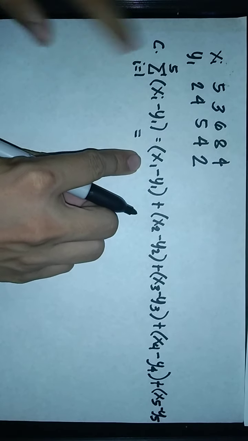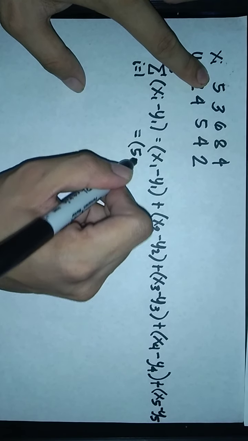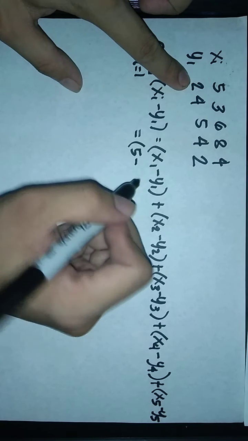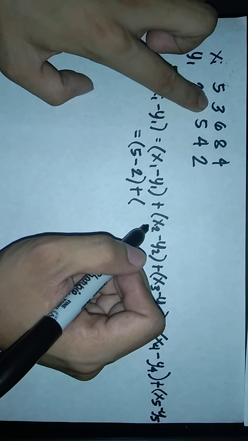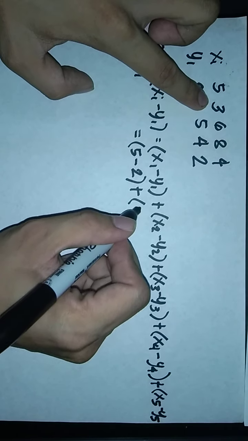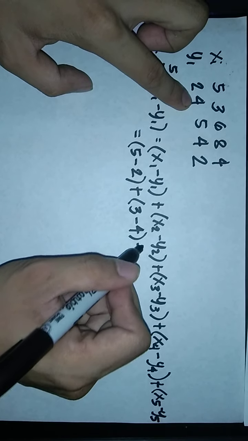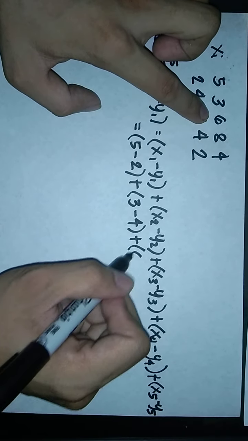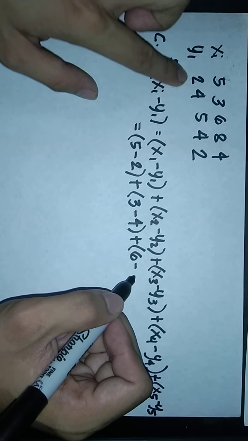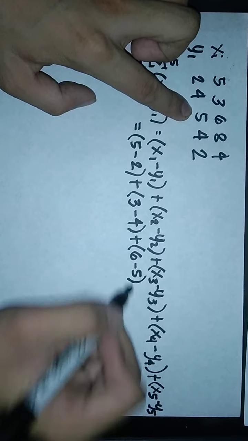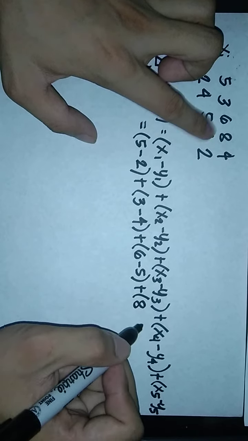So, ano nga po yung x sub 1 natin? Yung x sub 1 natin is 5. We will have 5. Yung minus yung y sub 1 natin, which is equal to 2. Plus, ano yung x sub 2 natin? Yung pangalawang ng x values natin, which is 3. Then, minusan natin siya ng 4. Plus, yung x sub 3 natin, 6. And then, we have yung minus ng ating y sub 3, yung pangatlo ng ating y value, which is 5. And then, we have plus, x sub 4 natin is 8. Ang y sub 4 is